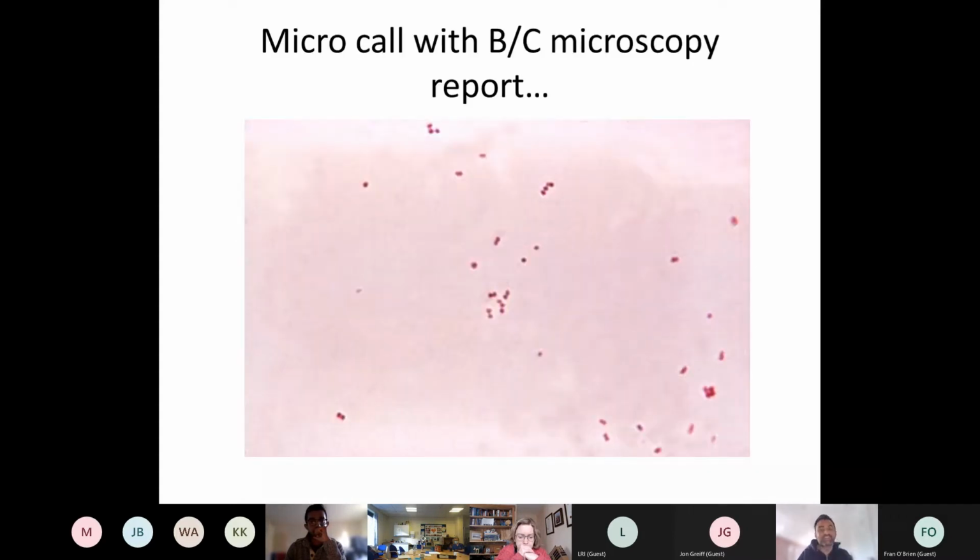Obviously I wouldn't give you the microscopy report to look at, but this was what they had seen in his blood culture when they did a gram stain. So they'd incubated his blood culture, gram stained it on the first day, it pinged as positive, and this is what they saw. I'll give you a clue that these are pink this time rather than purple. And so you want to look out for these things, which are, again, I'll give you a clue, organisms, the shape of them, what kind of configuration do they have.